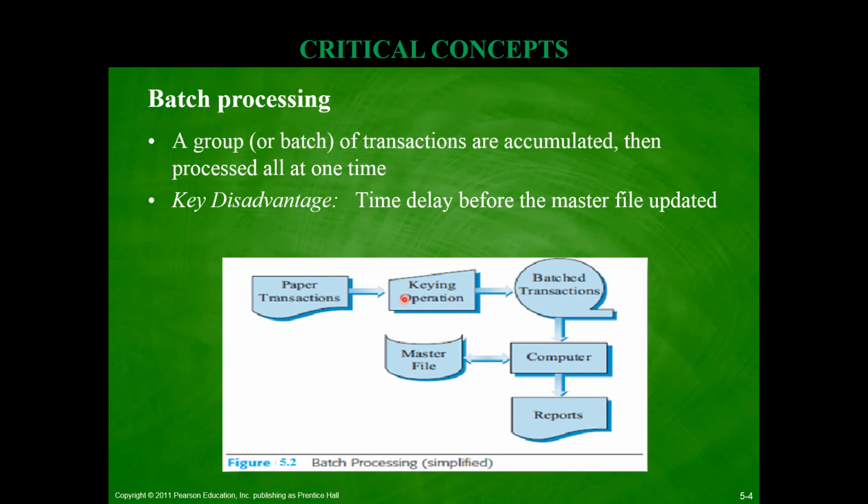So once all this information from paper transactions is entered, all those transactions are processed in batch, meaning as one single group. So there's no real-time data entry and real-time parsing of those manual paper-based transactions. It's all processed in one batch. The way it's processed is that it's parsed into a computer database. Once it's processed by the computer, it's added to a master file, some kind of centralized organizational record. And also some periodic reports can be generated from that.